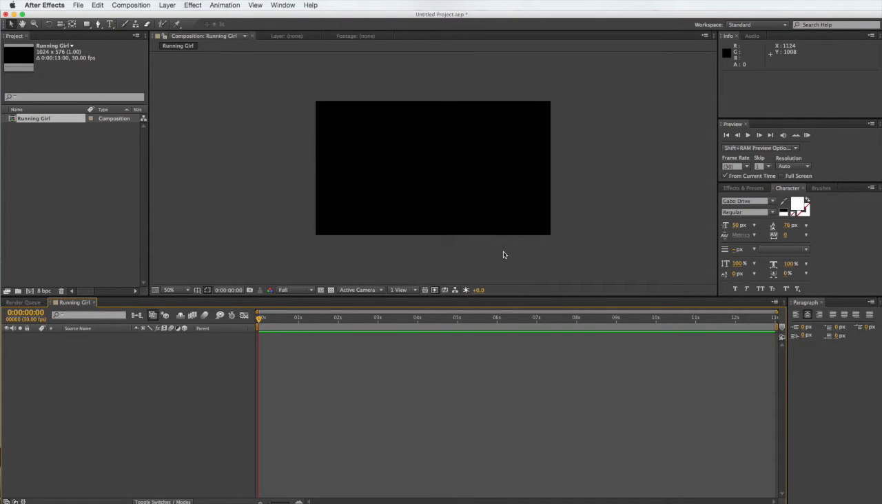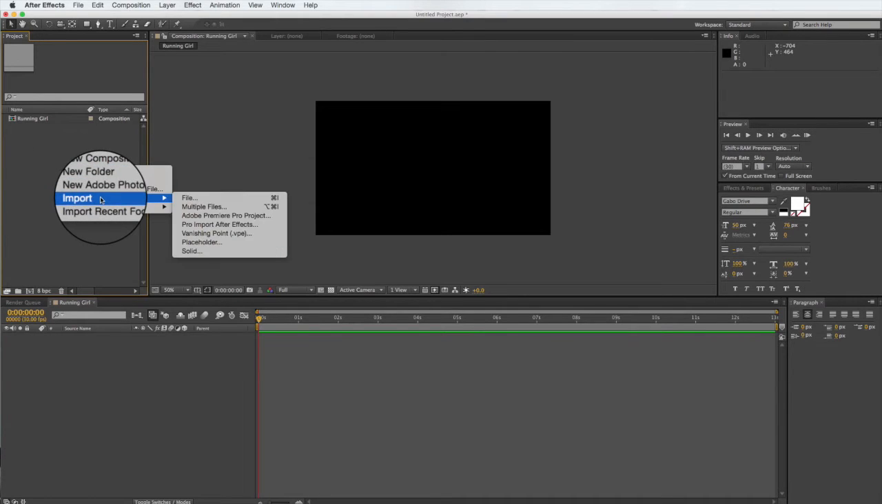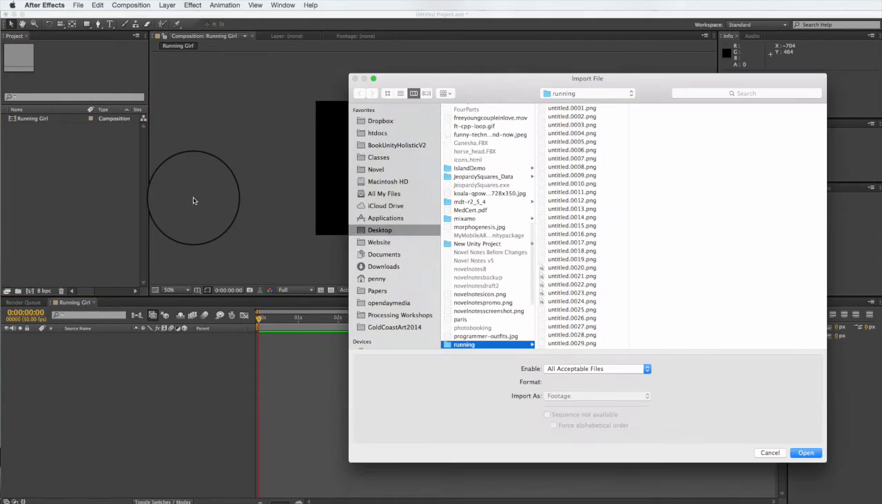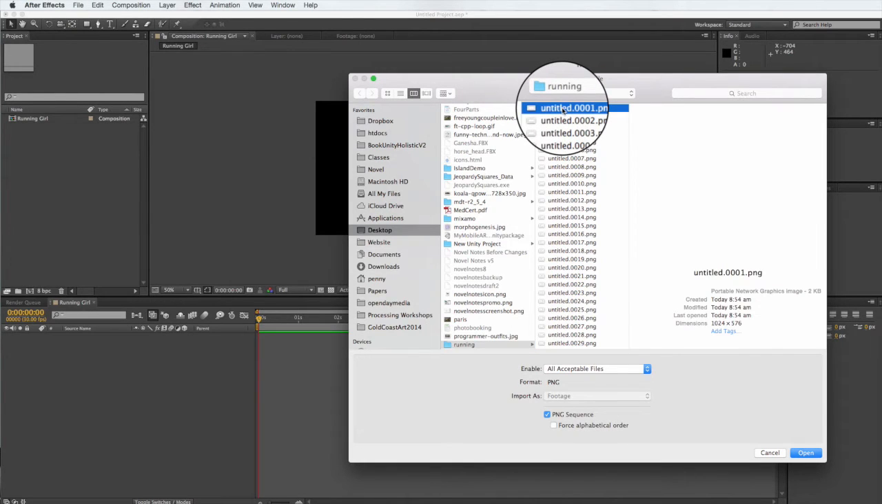So we now have a composition area that is the same size as our video. And we want to bring in all of those frames that we rendered from Maya and play them on the screen. So in the Project tab, right click in the project, import file, locate the folder with your images. I've moved mine into a folder on the desktop. Select the first image,